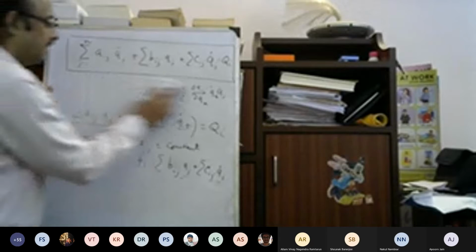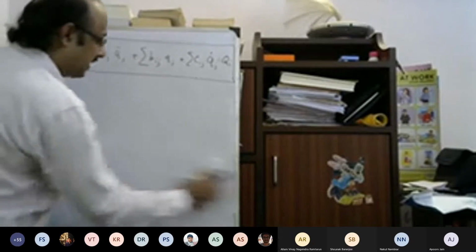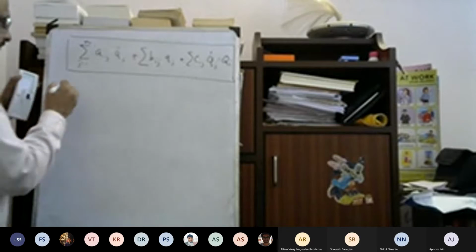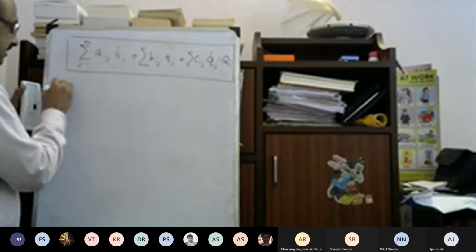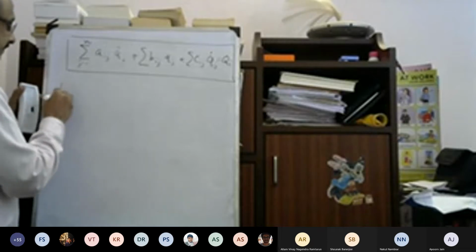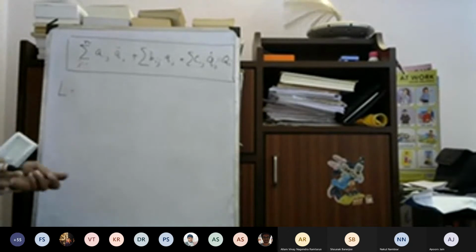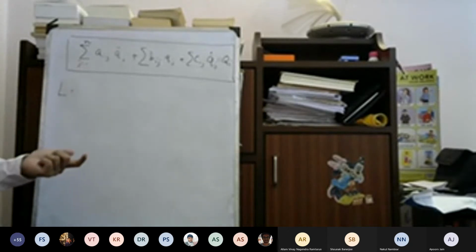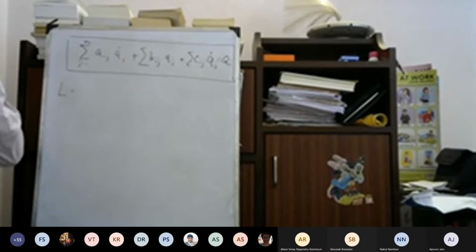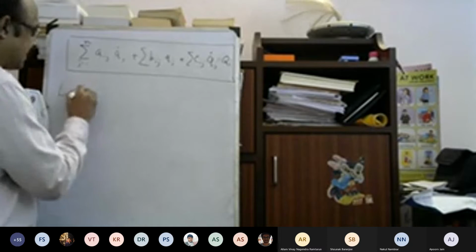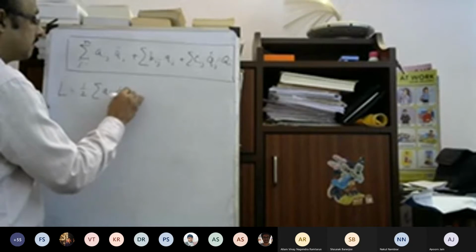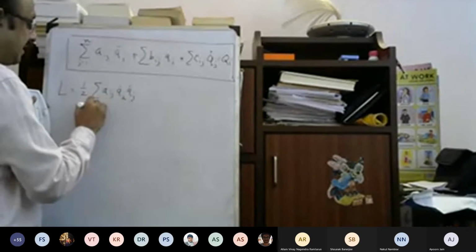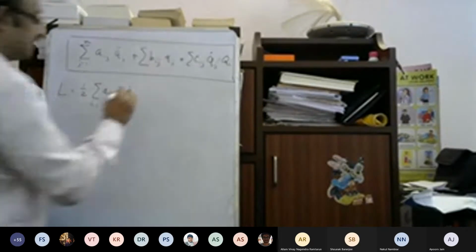Okay, Qj. This I will not prove. You can check. This will come if the Lagrangian becomes a homogeneous quadratic function of Qi and Qi dots. So if it becomes like this, half Aij Qi dot Qj dot, summed over i and j, plus